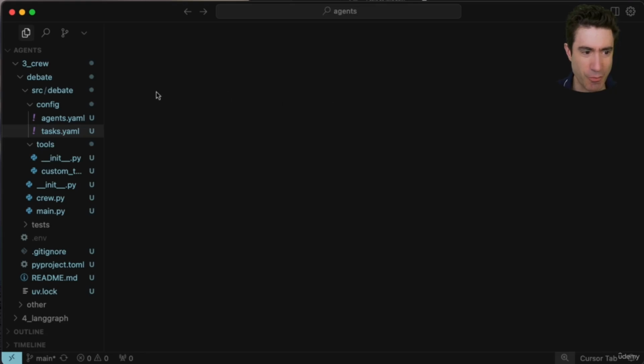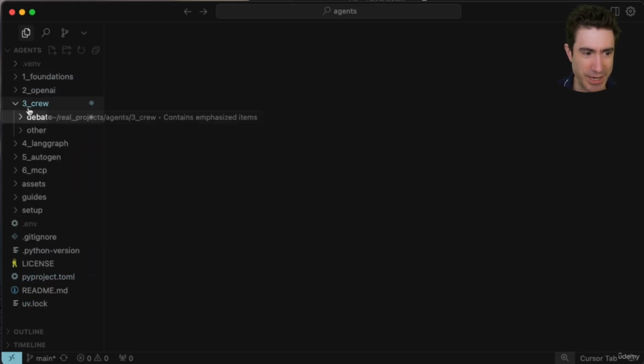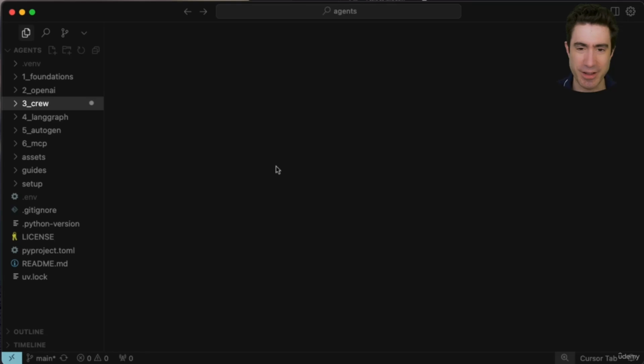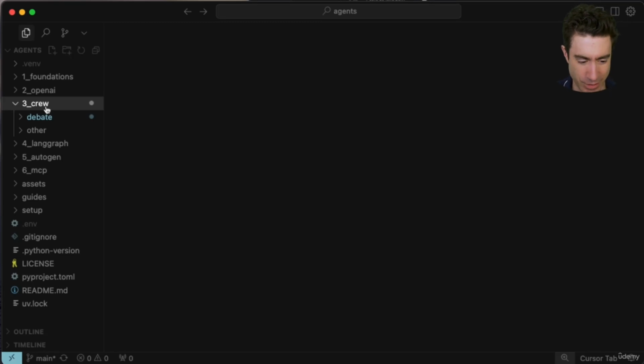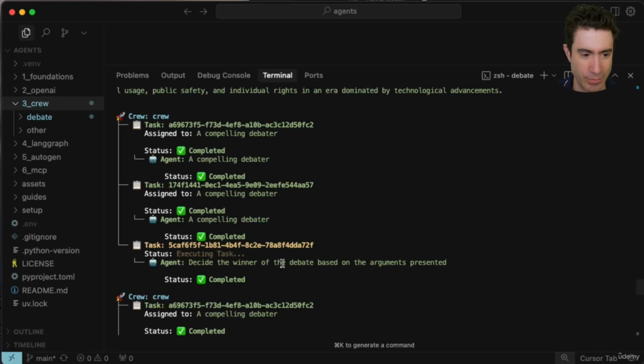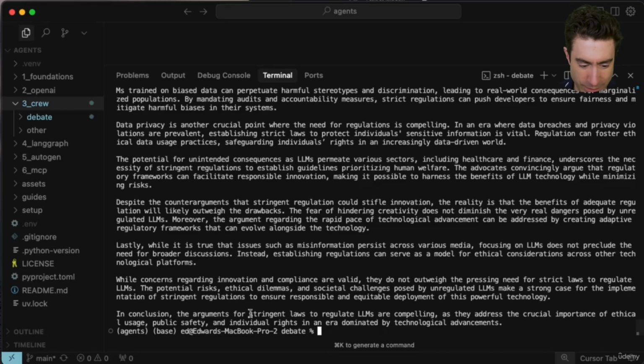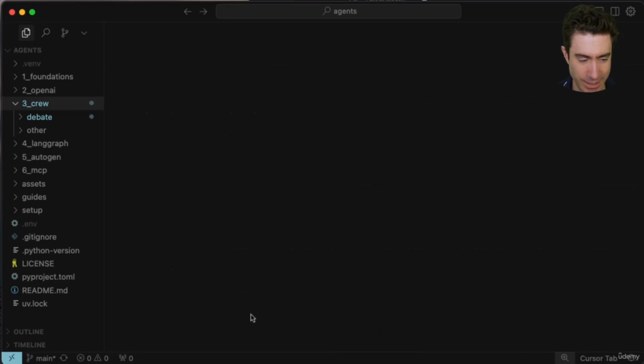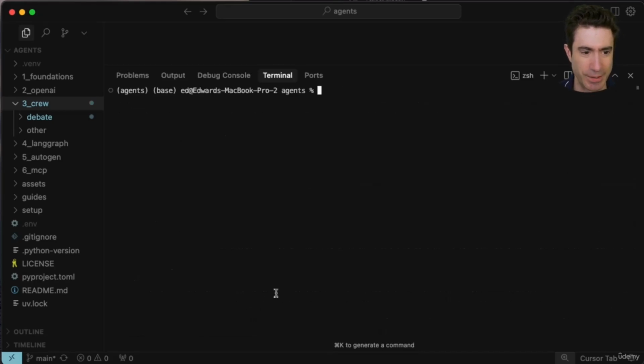Okay, so with that, we are still in the debate folder. We will close that. Here we are in our crew folder in Cursor for week 3, and we are going to go into bringing up a new terminal. It's still got what we had before. Let's clear this. Let's exit that. Let's start a fresh terminal. Here it is. We're going to go into the third folder, crew,